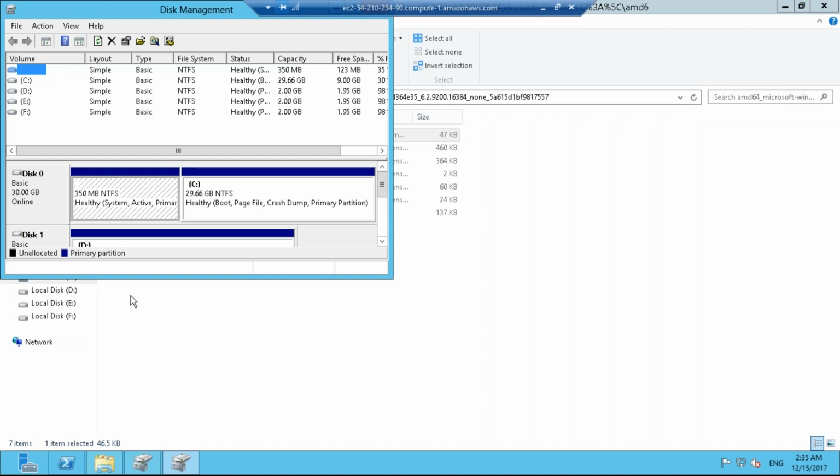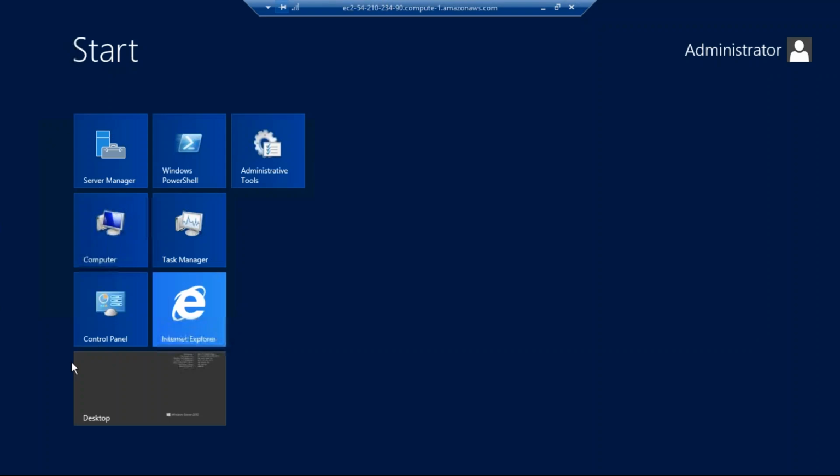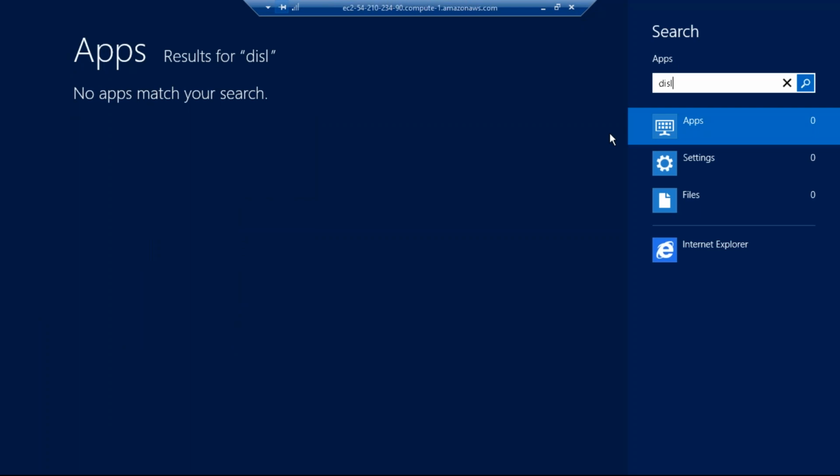Since you are not able to see the Windows button, if I click on the Windows button in my laptop, it is going to open up my laptop's configuration and not the other one. Yeah, now we are able to see it. So you can also open up something like this.